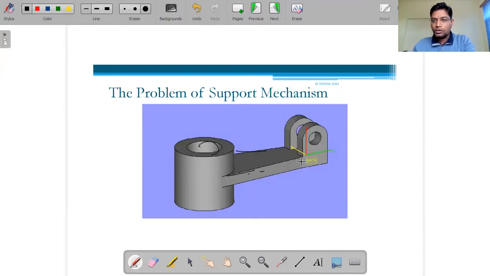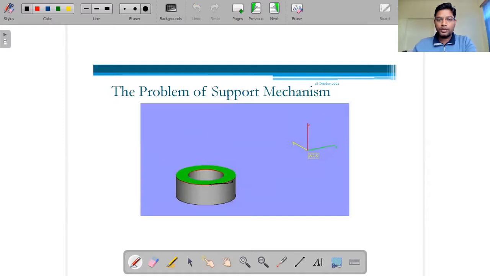Okay, so what we will do, first of all, we will create this geometry. We'll start at the bottom surface. First it will create one layer of this cylinder, which is hollow in between. Then it will create the second layer, then the third layer, then fourth, then fifth, then sixth, like that. And it will reach up to this one.